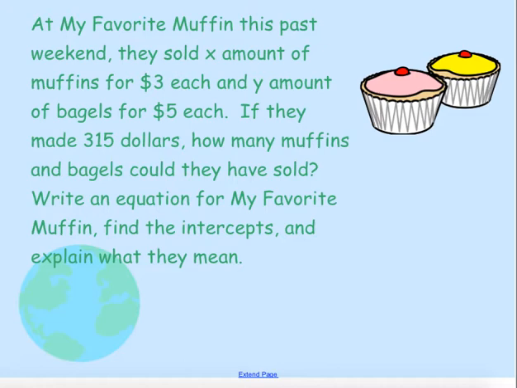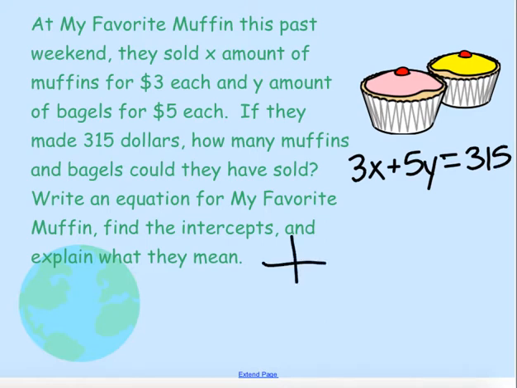Let's try another one. At my favorite bakery this past weekend, they sold x amount of muffins for $3 each and y amount of bagels for $5 each. If they made $315, how many muffins and bagels could they have sold? What are the extremes? What are my intercepts? Well, we need to write our equation, and we would say 3x plus 5y is equal to 315. And to get our intercepts, we would start plugging in, saying if x is 0, if y is 0, and finding the other part. So if x is 0,